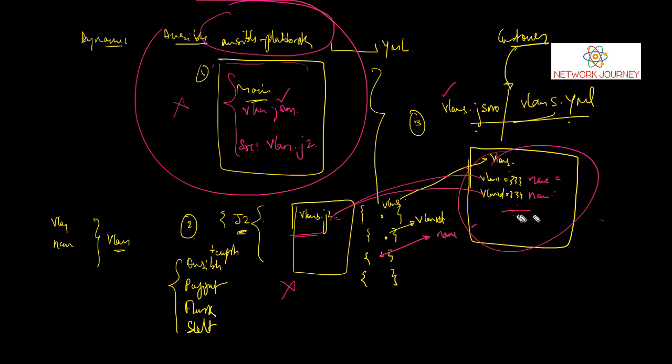You will just change the values every time, only in this file. That's all. Changing the values is something which a non-technical person can also do. He just has to change the number and the name with the latest one and execute, right? It's dynamic in nature and more scalable. Whereas in your static approach, you have to define all the VLANs, and every next time you want to do something, you have to change that script. So this is the simplest model to get the dynamic or scalable feature.